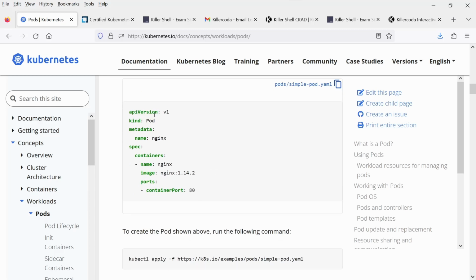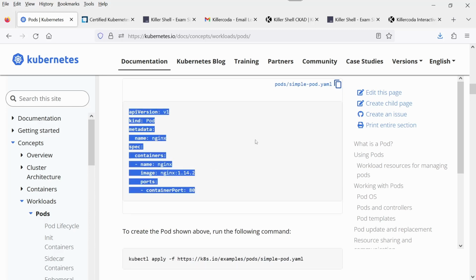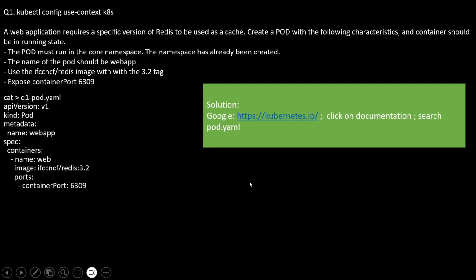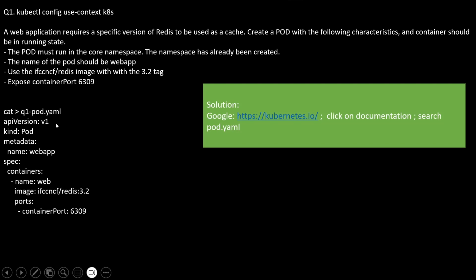If you scroll down, you will see that this is the YAML file. Just copy and paste it in one file like this one and modify the values. Like the name of the pod should be web app, and the image, whatever they are going to ask you, just put it over here. And when they say with tag 3.2, it means that you need to add a colon here, that is colon 3.2, and the port number is container port 6309. Whatever port they may ask you, just update all these values and then